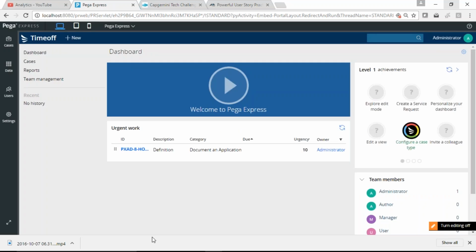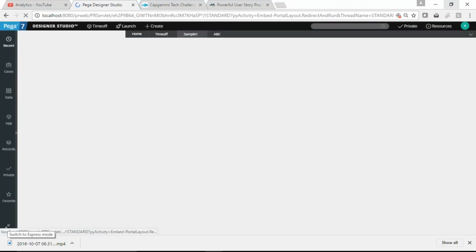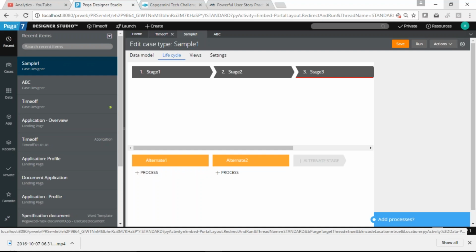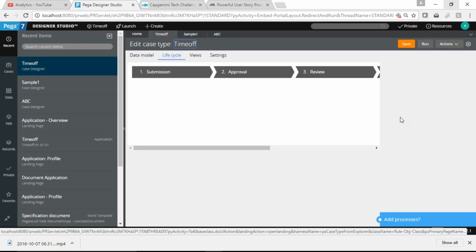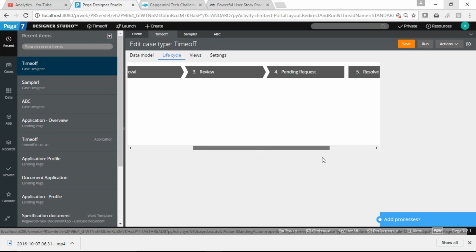This is the way we can add stages. The case we have created looks the same, and the information comes here as well. All the things are added here as well.